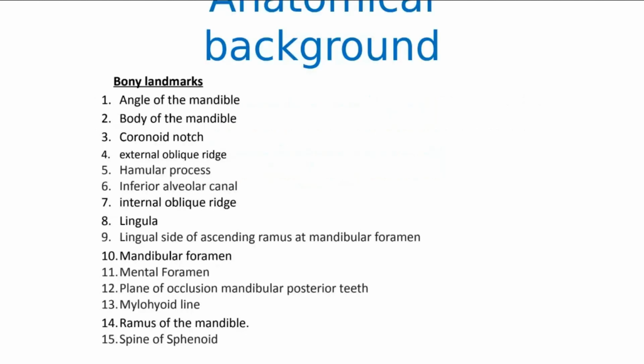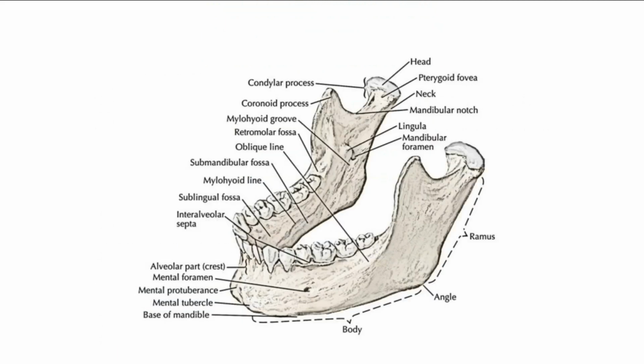So mandibular anesthesia, let's do the anatomical background first. And these are the landmarks that we will cover. And this is in your structure list. So you have to know it, everything that's here, but we will go through it. I'm not going to go through word by word because you're supposed to know that already. So I'm going to talk more about the relevant ones, the ones that are directly related to the anesthesia, like